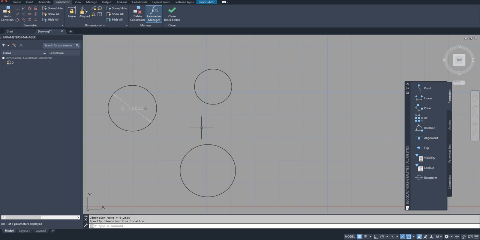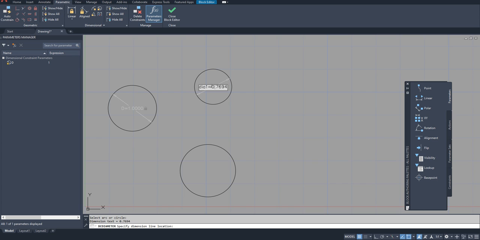Now I need to control these two circles based on this diameter. For that I will do the same thing. I will go to the diameter constraint, pick this one and place it there. When it is asking me for the name and the value, this time I am not much bothered about the name.